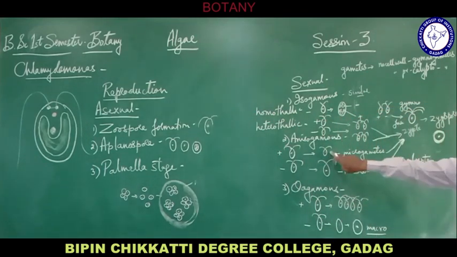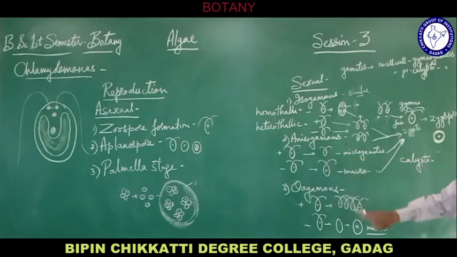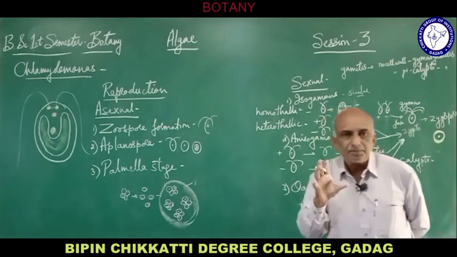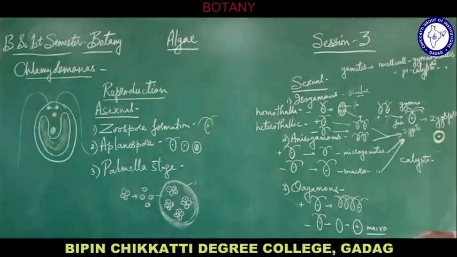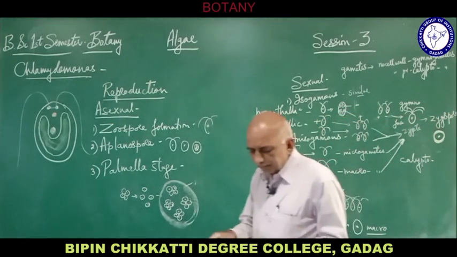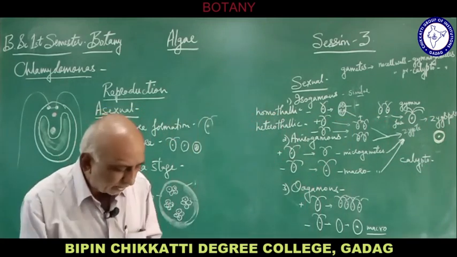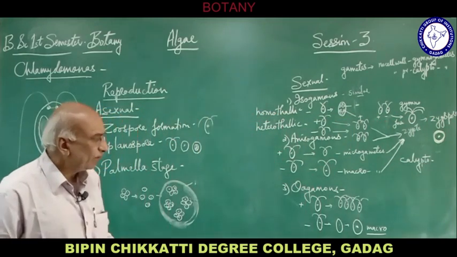Here both have flagella, the smaller male and the larger female. Here also the male is smaller and the female is larger, but it is without flagella. It loses its flagella and the protoplast just becomes spherical, and it forms the macrogamete and becomes non-motile. So this macrogamete becomes non-motile, and it is called the egg or the ovum,